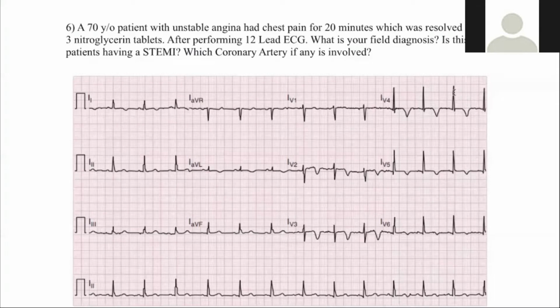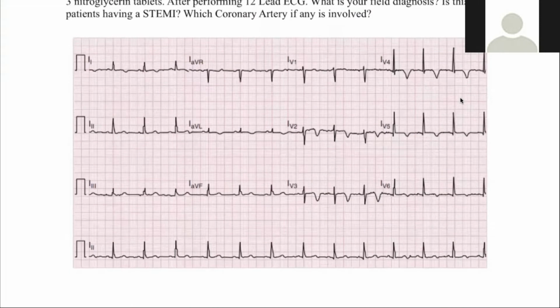A 70-year-old patient with unstable angina has chest pains for 20 minutes, which was resolved with 3 nitroglycerin tablets. After performing 12-lead ECG, what is your field diagnosis? Is this patient having a STEMI? What coronary artery, if any, is involved? Okay, so